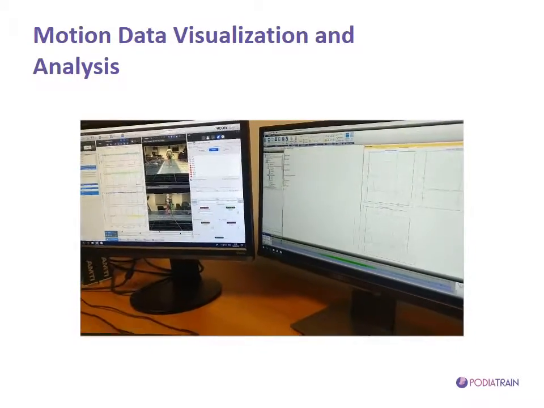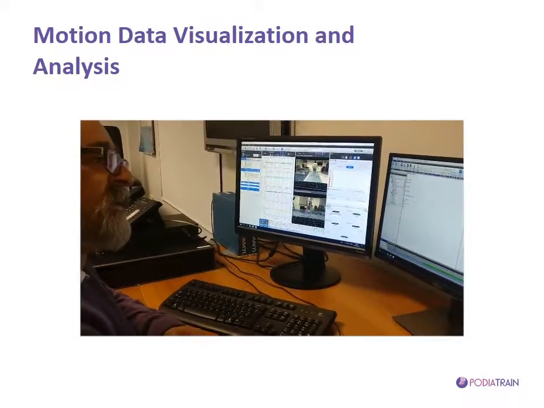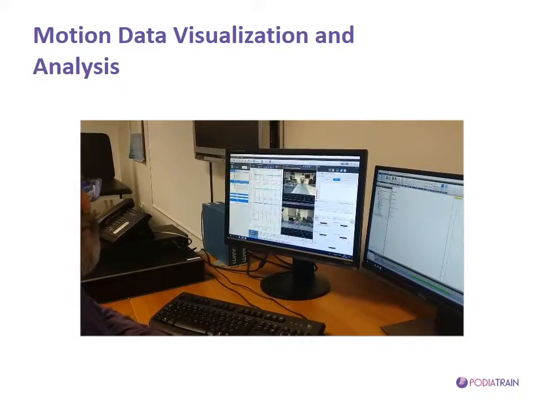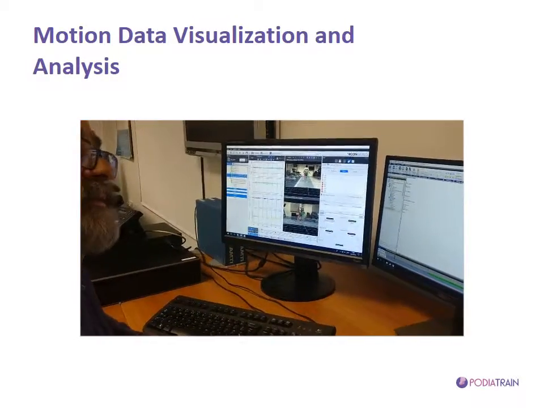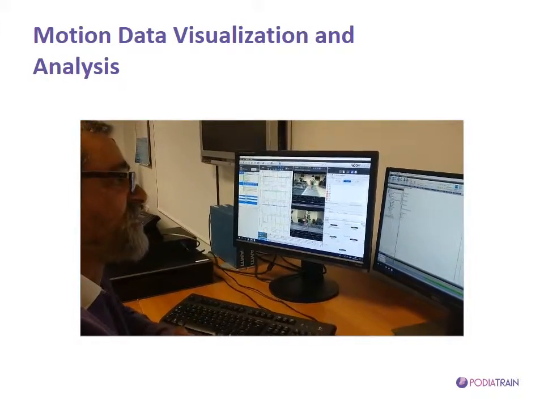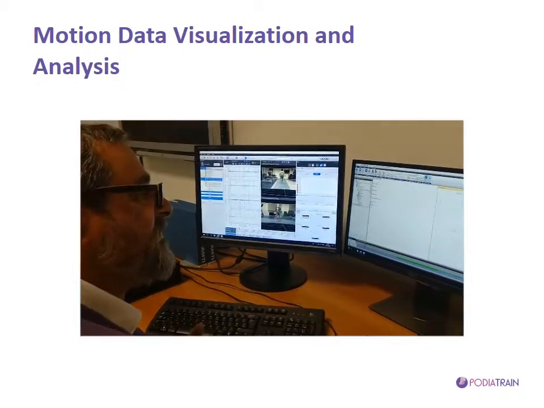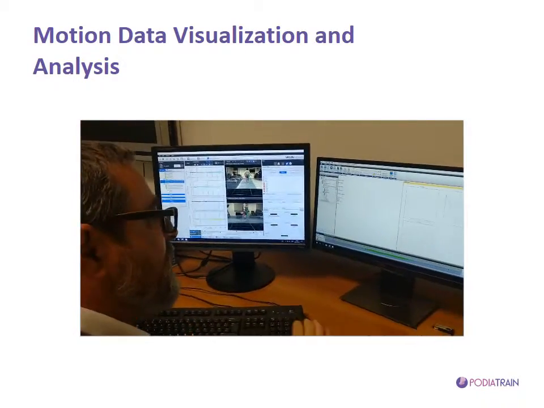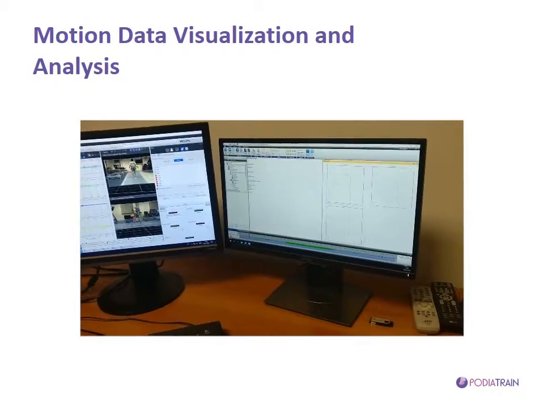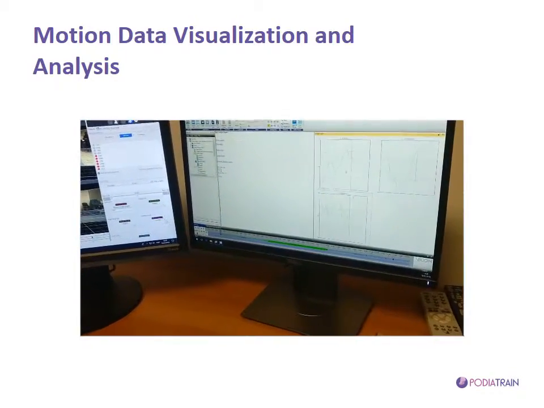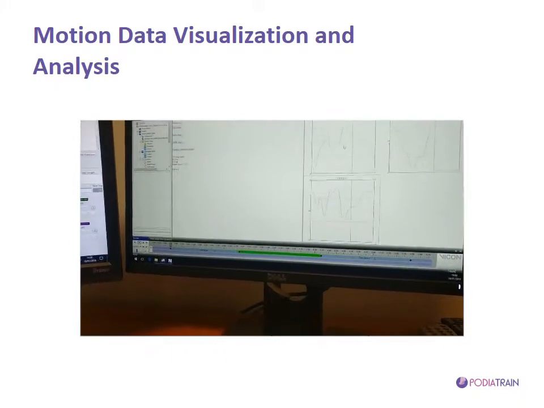Being a foot model, we can also see, for example, the forefoot to hindfoot angles as they are occurring. Also, this software gives us things like cadence and gait timing analysis. So looking at the various graphs, we can now compare these with normative data, which is available in literature,